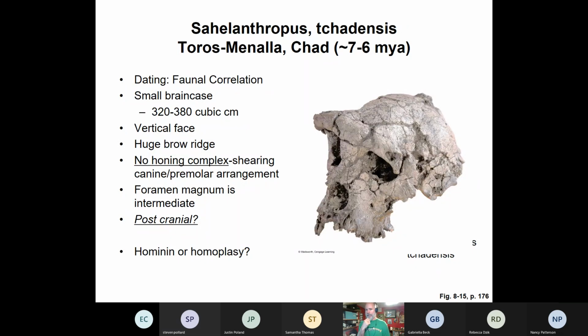So the shearing complex, the honing complex, the diastema that creates the holes for the dropping of the canines. I mean, it's rough, but there is actually representation there in that skeleton of the actual dentition. So that's pretty significant, that the teeth had been derived to eat, and not necessarily to have those exaggerated canines. Okay, thank you. That was all I needed.